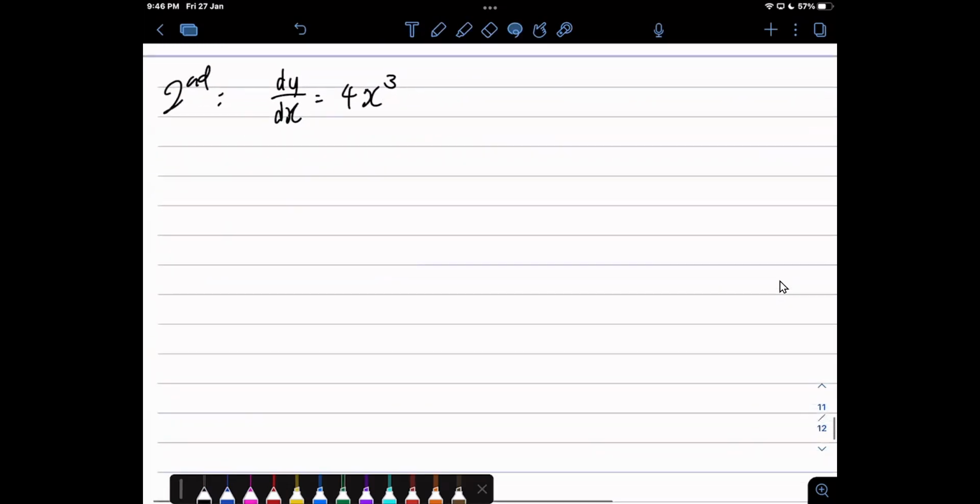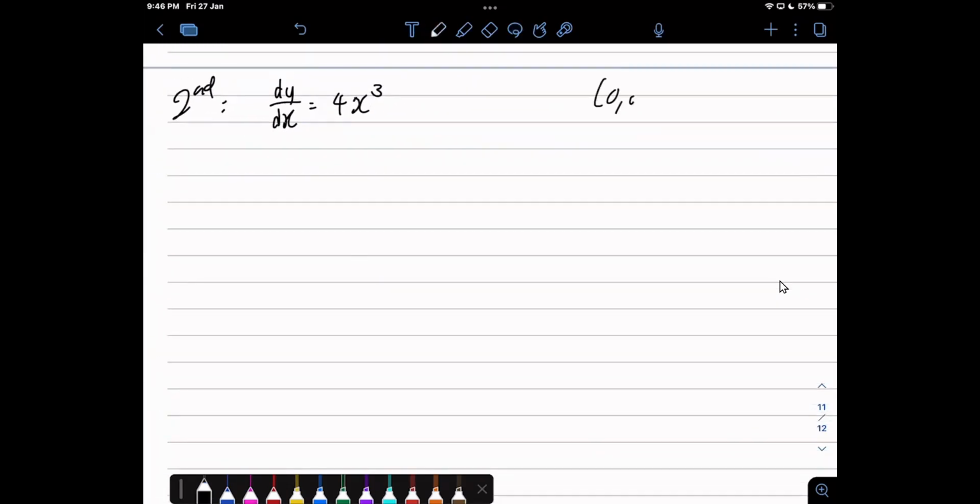Carry on. Recall the stationary point is 0, 0. Go, go, go. Find the second derivative. Write it down now. d2y by dx squared equals to